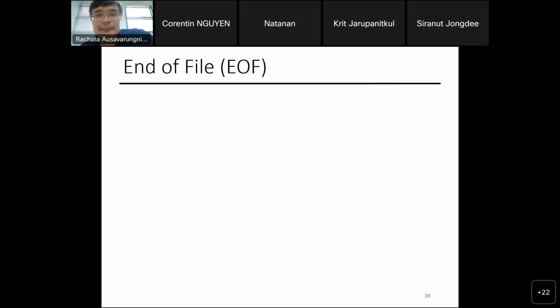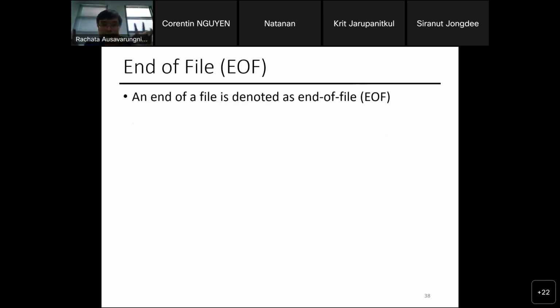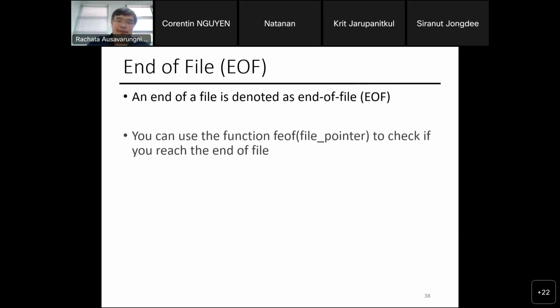And when you want to keep reading a file, you have to deal with the end of the file. It's a special symbol. You can use the function called feof to check. So feof(fp) will return true if this is the end of the file, false if not the end.